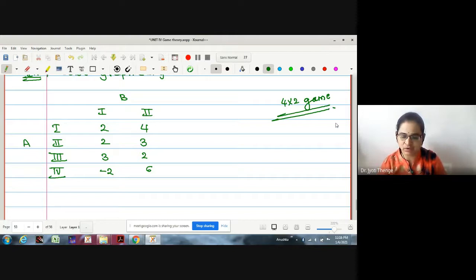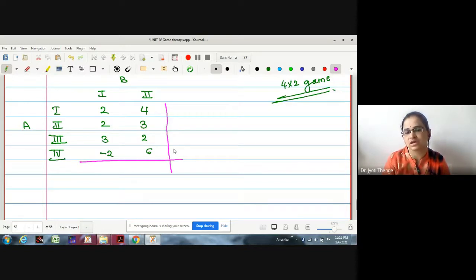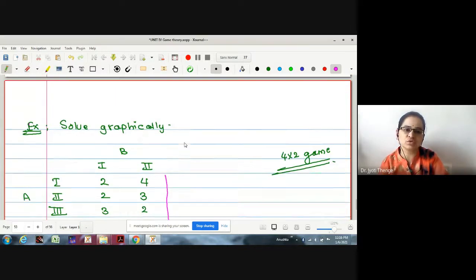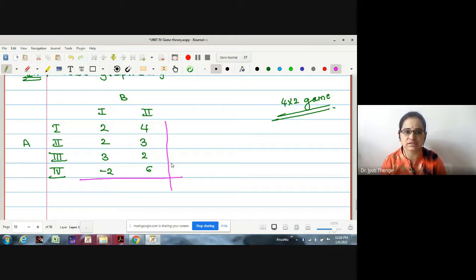Again, first we'll find out the expected payoff, or one may check whether this has a saddle point first, and then we will proceed. Because if it has a saddle point, there is nothing to discuss. If in the exam the question only says solve, and it is not given by which method, whether it has a saddle point or not, the first job is to find the saddle point and then check the remaining methodologies if it does not have a saddle point. Now, let us check whether it has a saddle point or not. First, we'll find the row minima, right?